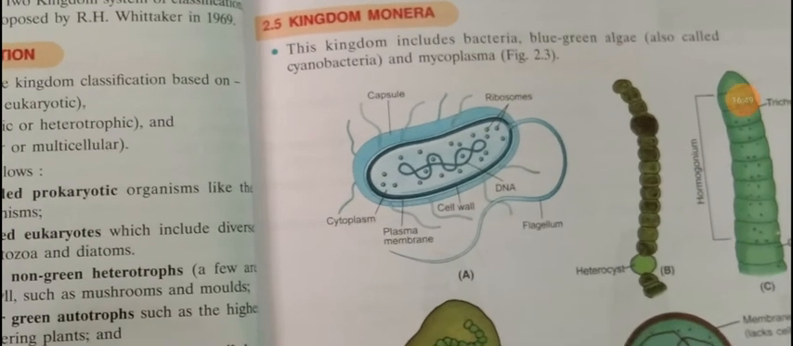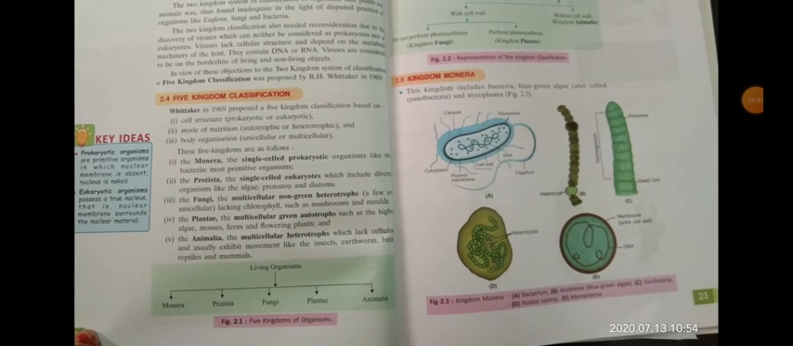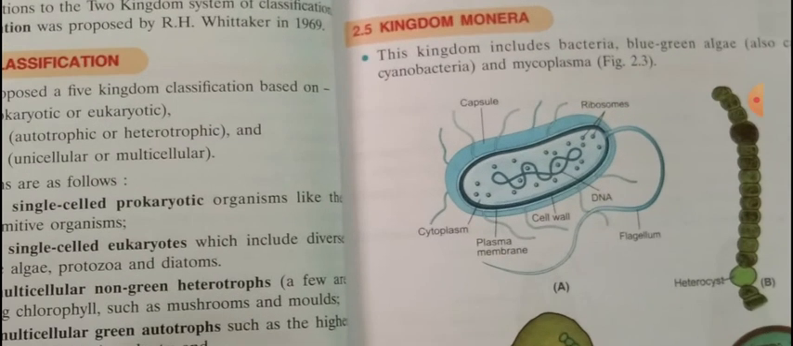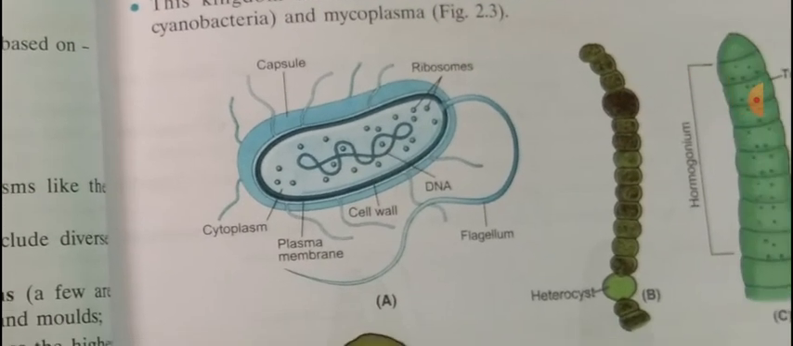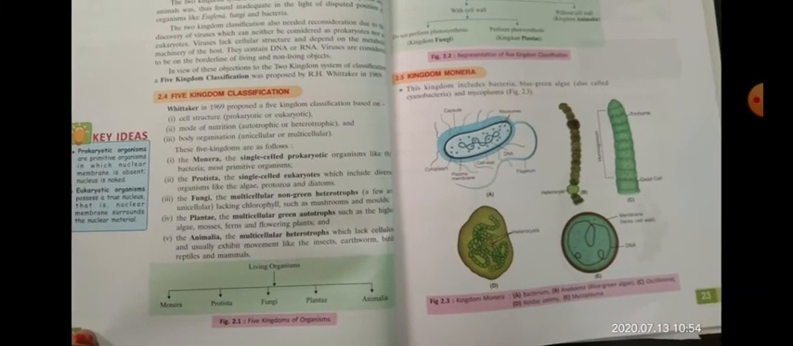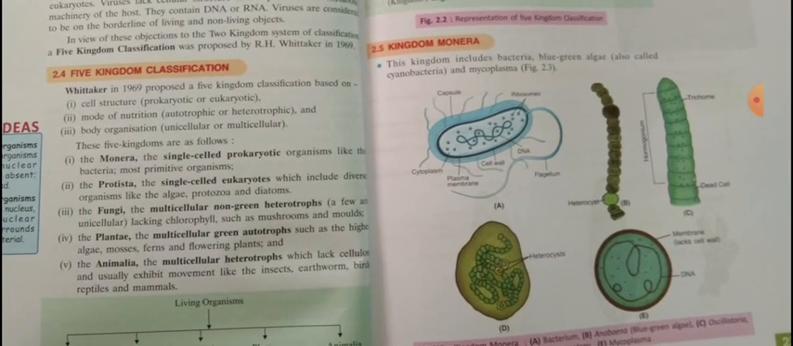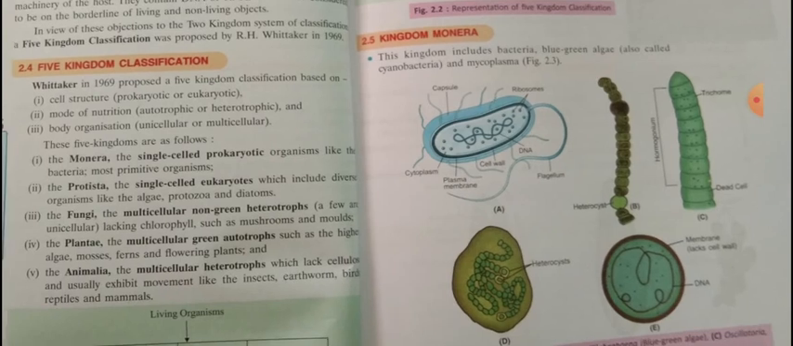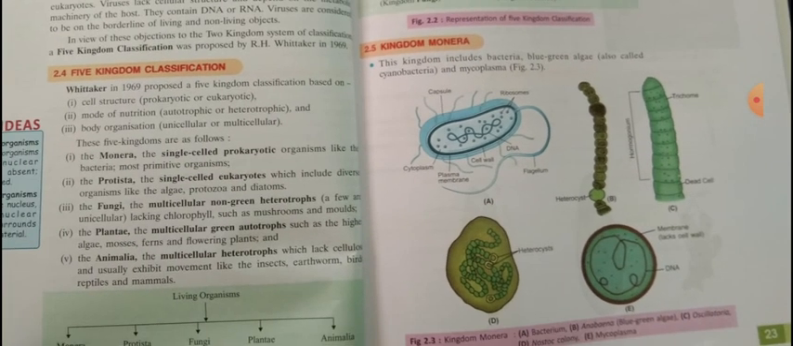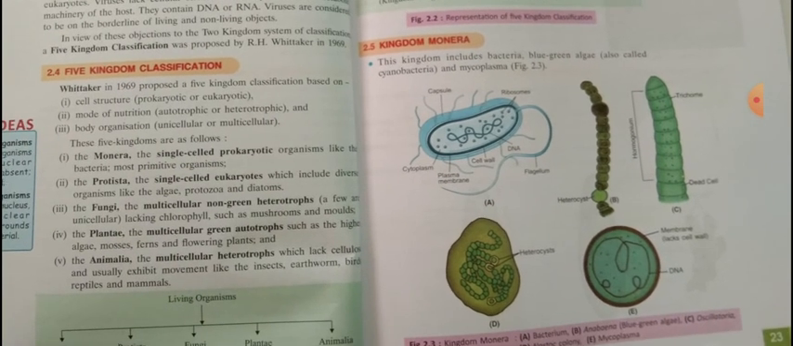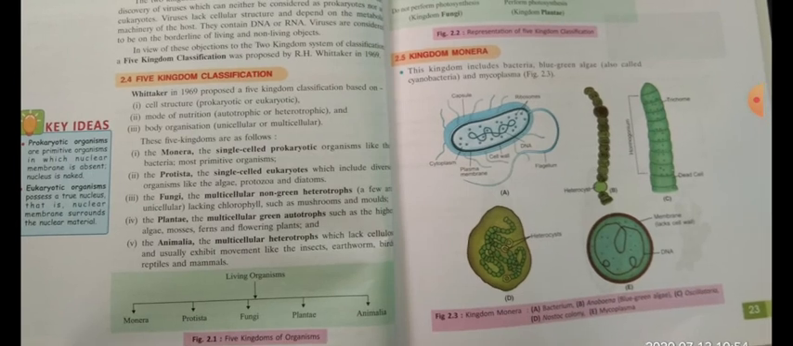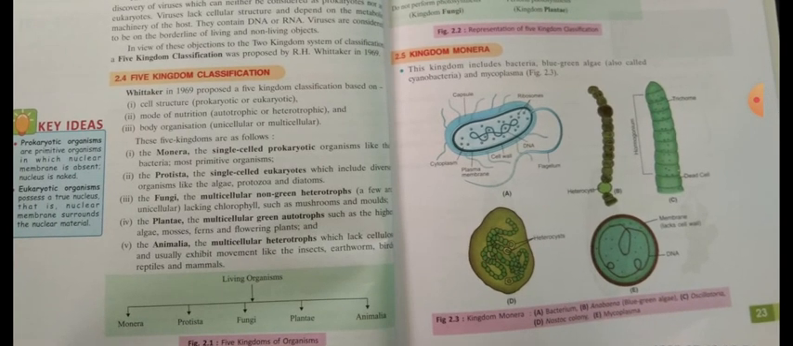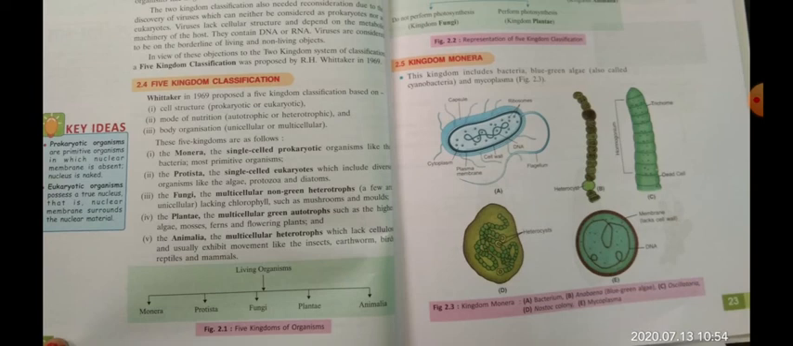Here is the structure of bacteria. One bacteria is known as bacterium, singular. Then here is Anabaena, that is blue-green algae. The C is Oscillatoria, and the D is Nostoc colony. E is mycoplasma. Here are the structures. Now